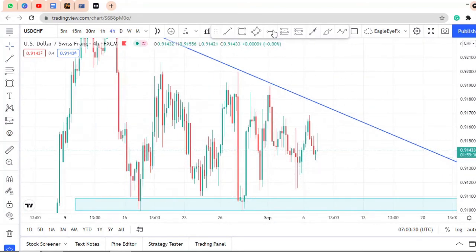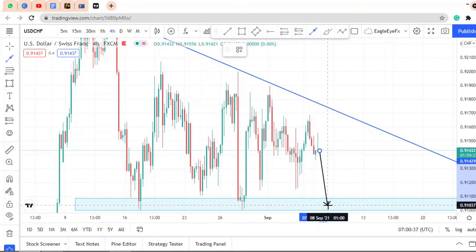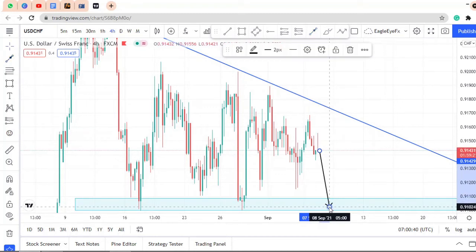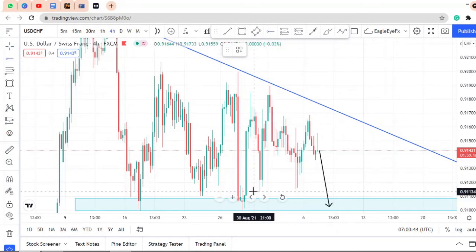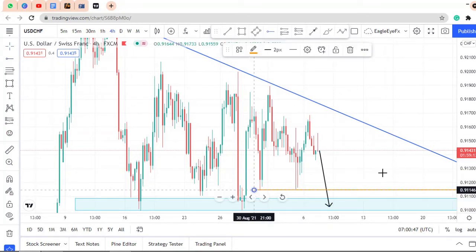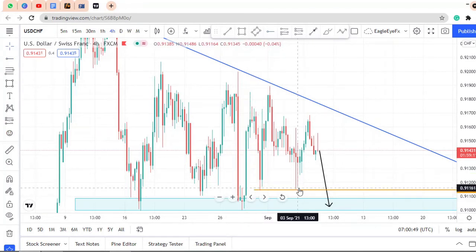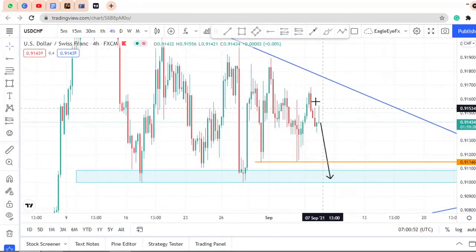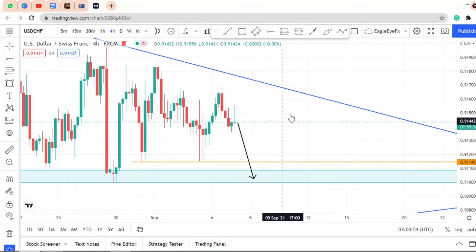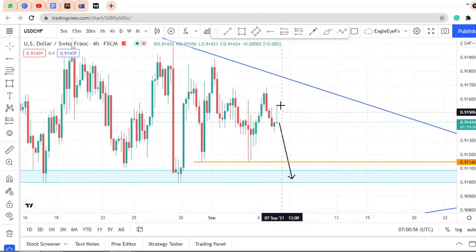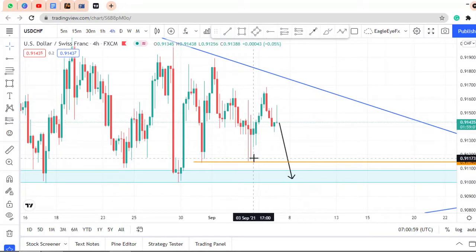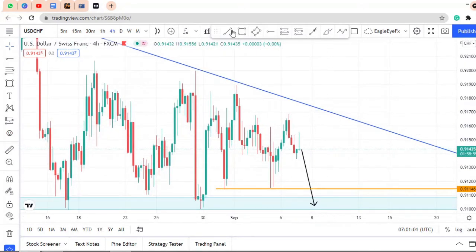Okay, so the sellers are trying to push this market down to that level, or maybe to this level here. That's a level also we see recently that it came to here, then so here again. So they are trying to push because I can see a very strong, a very long wick trying to push this market down. I don't know if you can draw a trend line somewhere around here,